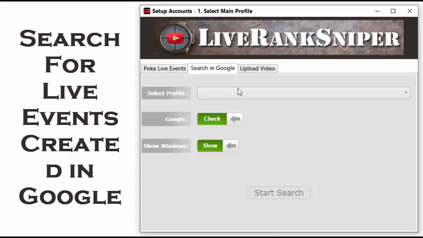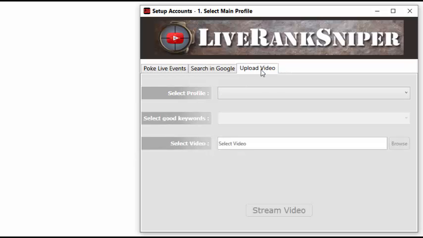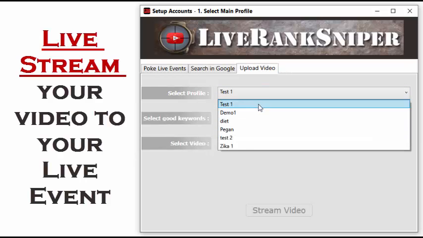Once the project's completed, you can load that project that you've just run live events with and then check it in Google. Also, you can come back and check it another day, the next day, or in an hour, or whatever you like, to check those results and see if they're in Google, page 1 or page 2. And same as before, show the preview browser, yes or no. Then once you have your results,